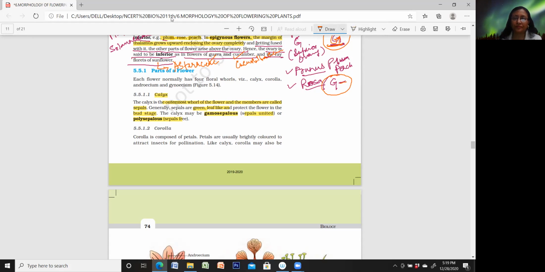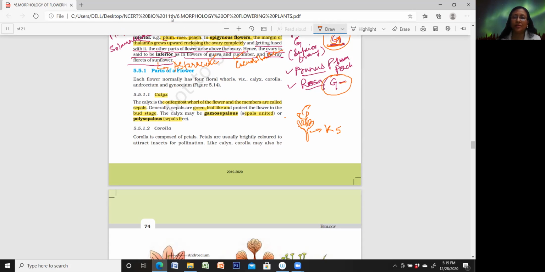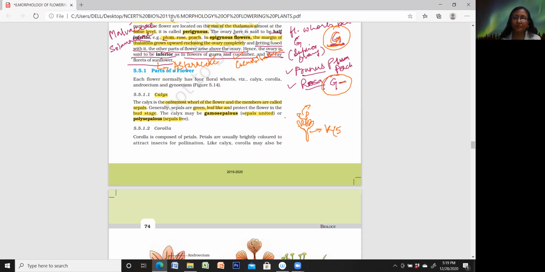You'll see some flowers where sepals are like this. In fact, the entire rest of the part of the flower, you can even take it out, and the entire sepal part may remain below. Okay, so this is the sepals which is united, and you will write this K, whatever the number. Suppose I can count it here 5. So I'll write this as 5, that calyx whorl consists of 5 sepals, and I'll put a bracket. So this means 5 sepals, but gamosepalous.